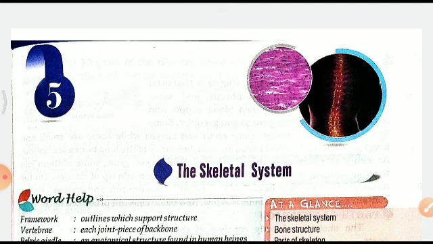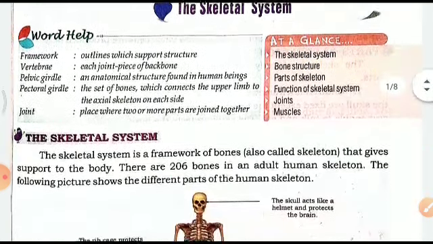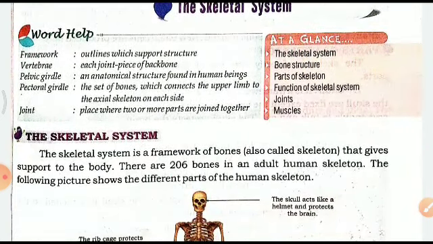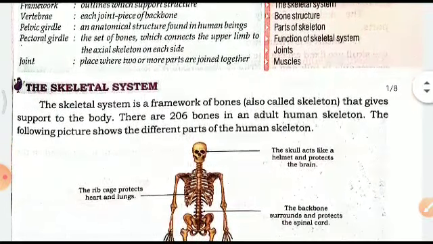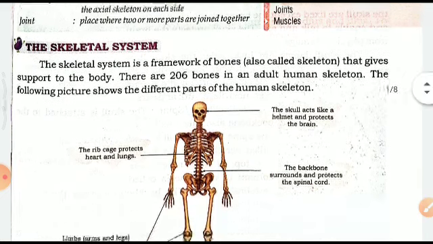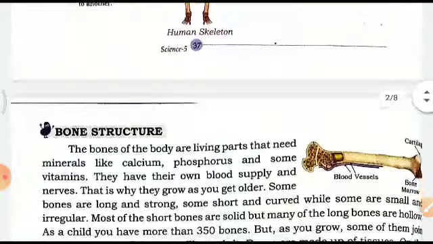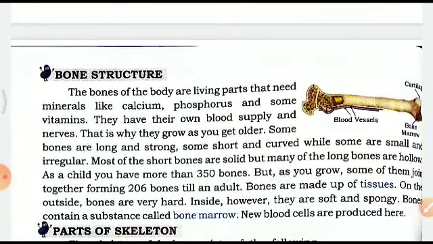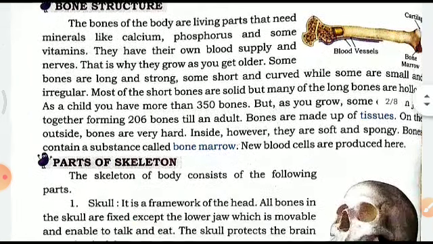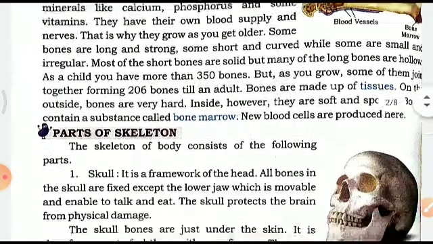In my previous discussion, we saw that the skeleton is made up of a framework of bones, and their main function is to support the body. There are 206 bones in an adult human skeleton. We saw this diagram also. Then we moved ahead to bone and found that there are 350 bones in a child and 206 in an adult, as roughly 144 to 150 bones merge together. Outside they are very hard and from inside they are very soft.